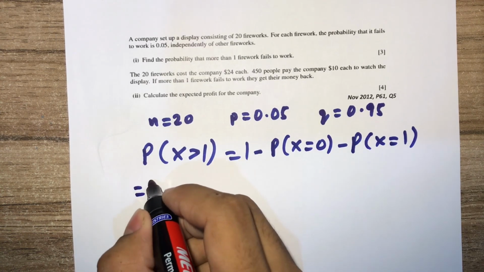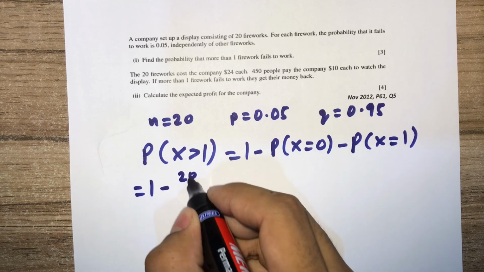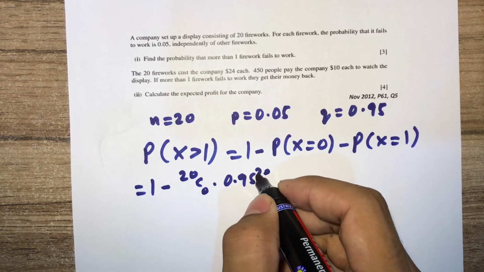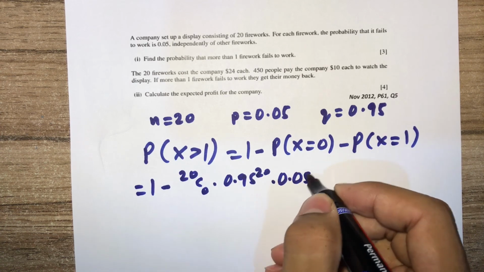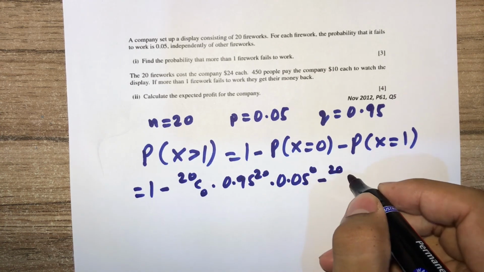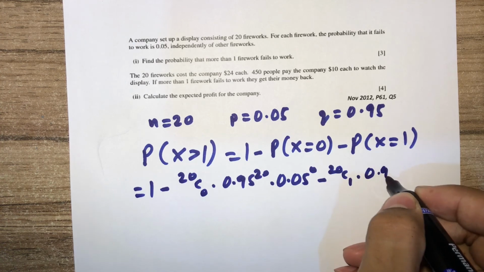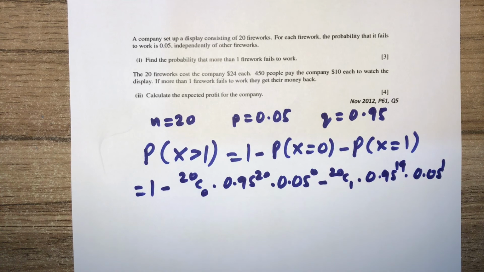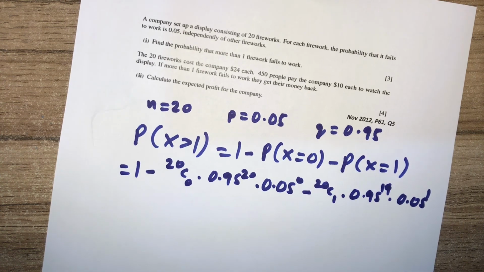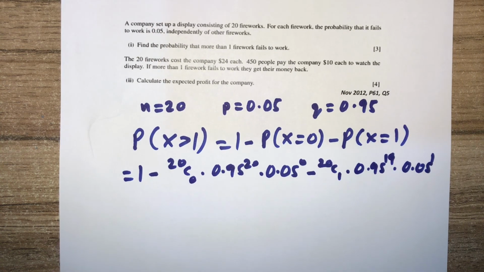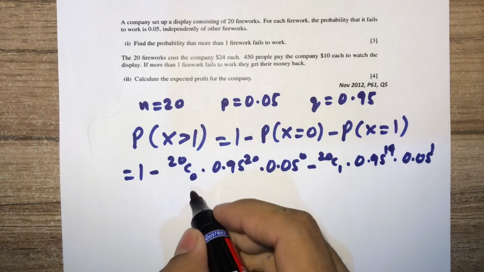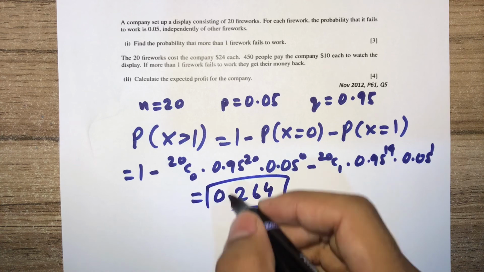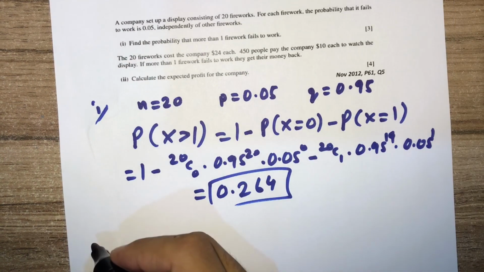So this is going to be equal to 1 minus 20C0 times 0.95 power 20 times 0.05 power 0 minus 20C1 times 0.95 power 19 times 0.05 power 1. This is equal to 0.264. That is the first part. The second part,